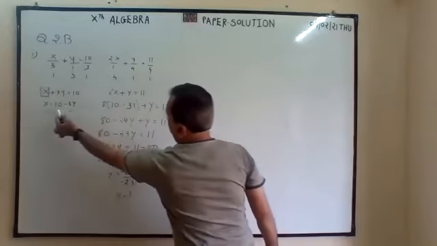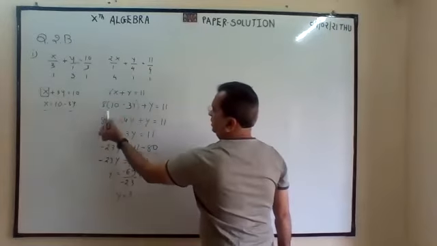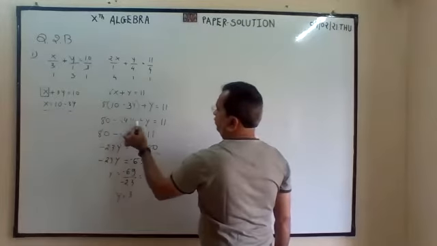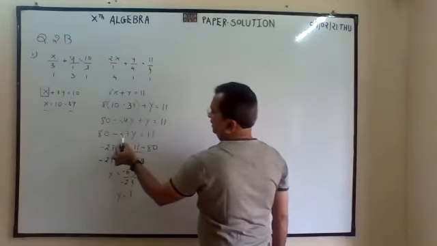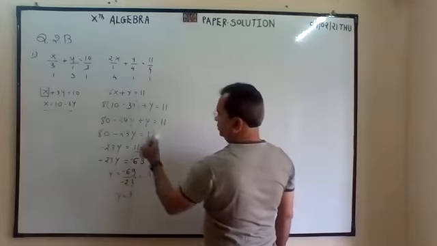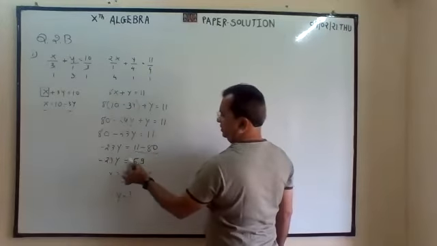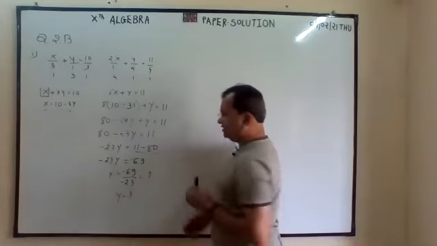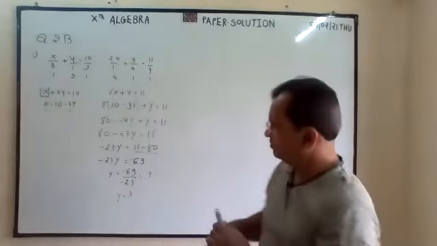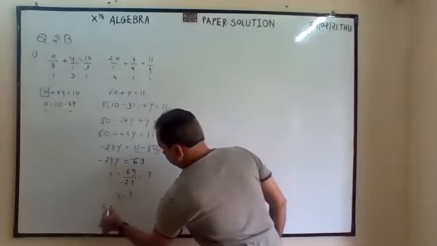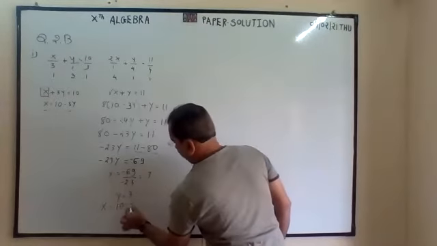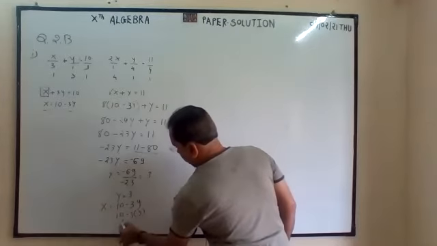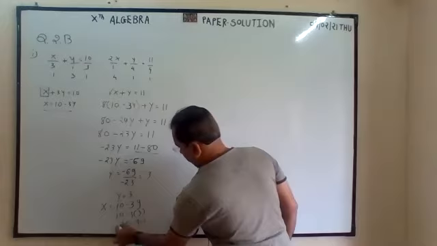Now what is x that I have substituted? 8 into 10 is 80, 8 threes are 24, 20 minus 24 plus y, 1 means minus 23y, 11. This comes this side. 80 minus 11 is 69, minus 23y, minus 23 goes down. So y is equal to 3. Now x is equal to what? x is equal to 10 minus 3y. 10 minus 3 into 3. So 10 minus 9 is equal to 1.